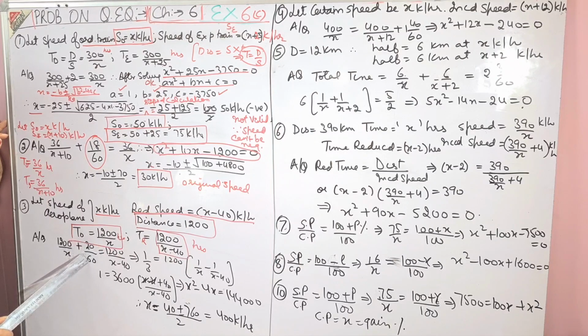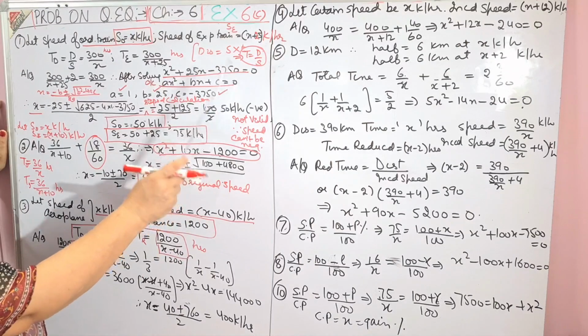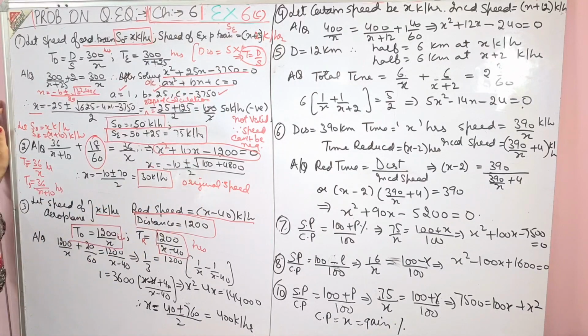So 20 upon 60. Why have I done 60? Because it is in minutes, I have to change it into hours, and the rest is the equation. I have solved it a little bit, and again, the negative answer is not to be taken and the positive is your answer, and everything is to be mentioned as I have done in the first question. Don't leave a single step, otherwise you are the better judge.